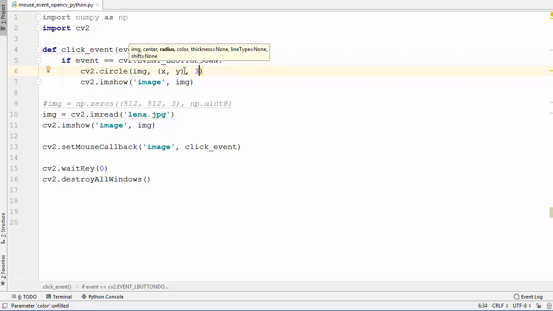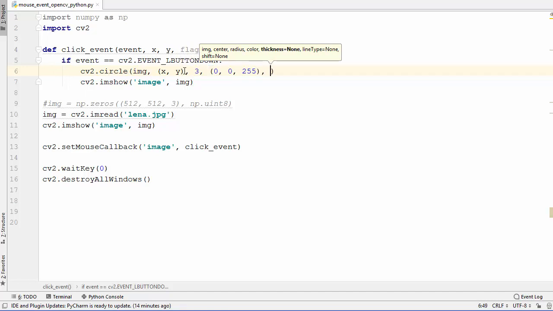So I will take the radius 3, which is very small, which will give you the effect of a point on an image, and then we can give the color. So let's give 0, 0, 255, and then we will give the thickness.